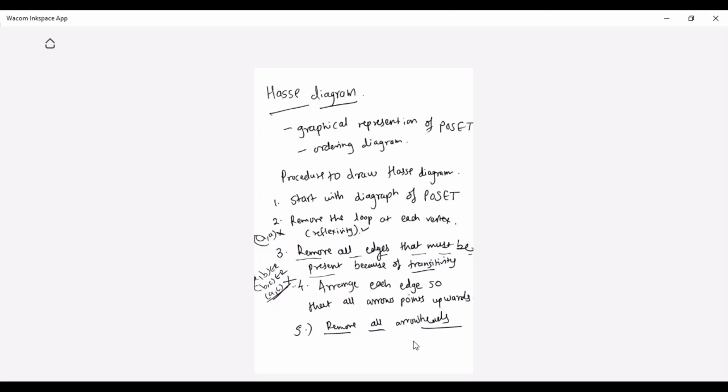Because whenever we get a partial order set, we might get more and more ordered pairs, and those ordered pairs will be time consuming and complex if we have a lot of them in a given relation. So can we have a convenient, graphical way to represent that partial order relation? Yes. So to get a convenient graphical representation of a partial order relation, we are moving to the Hasse diagram.